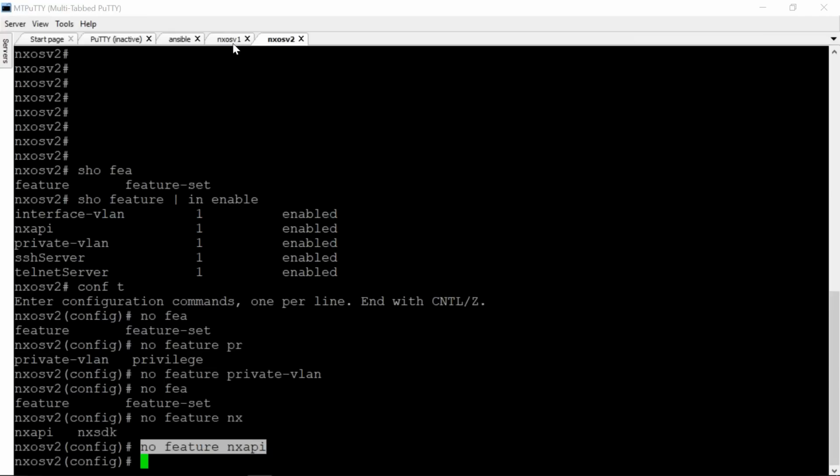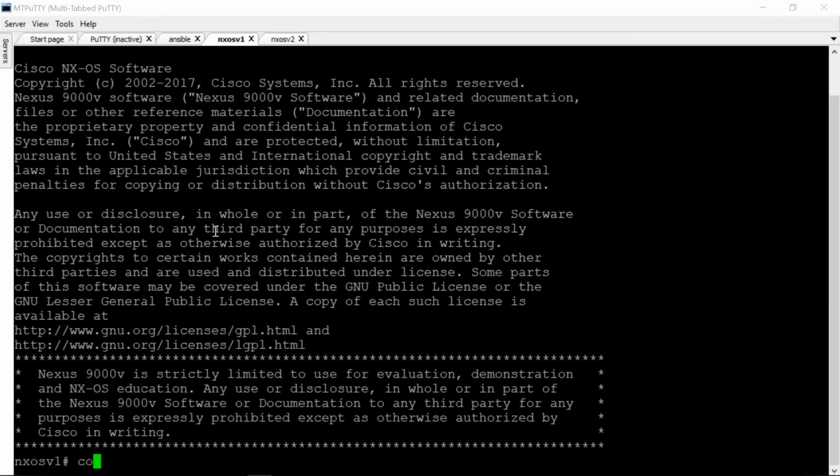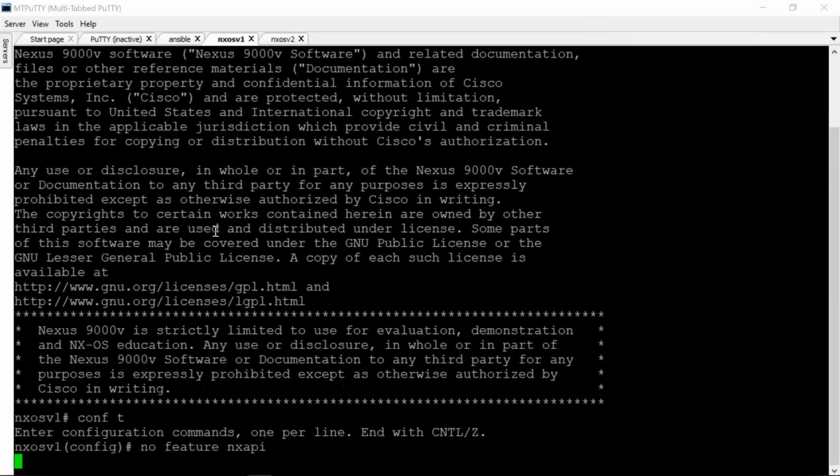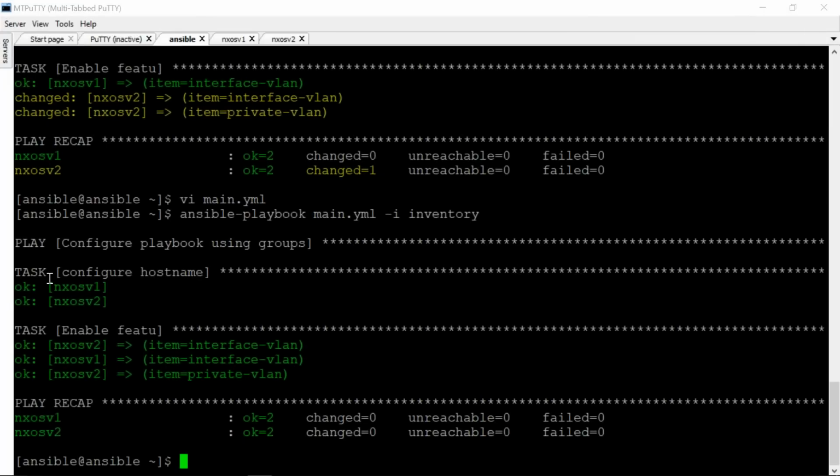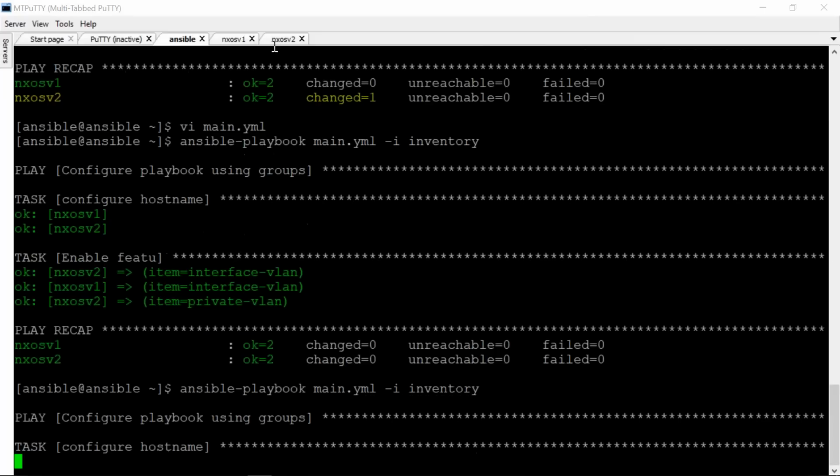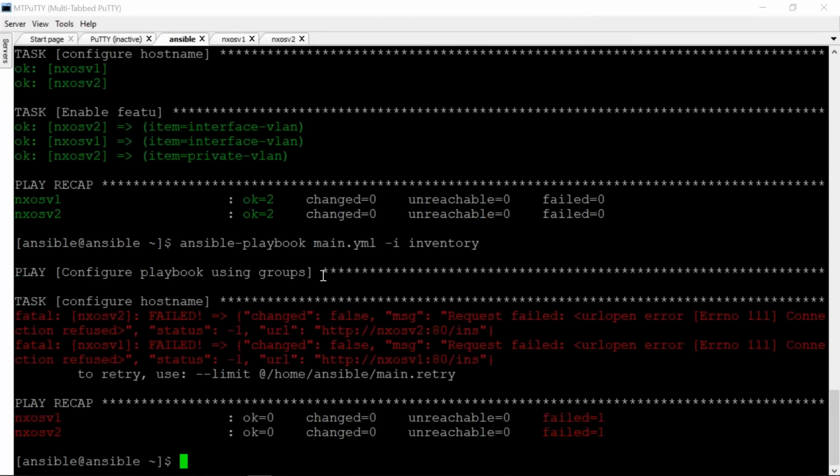If I go here to Nexus number 1, and there also I do no feature NXAPI, we can even change the host name as well, but leave this as it is. So now if I run the program,